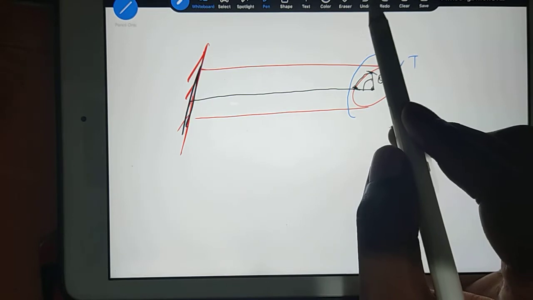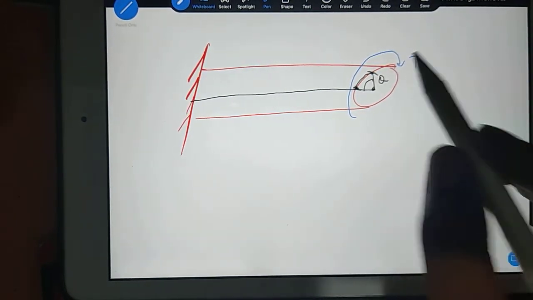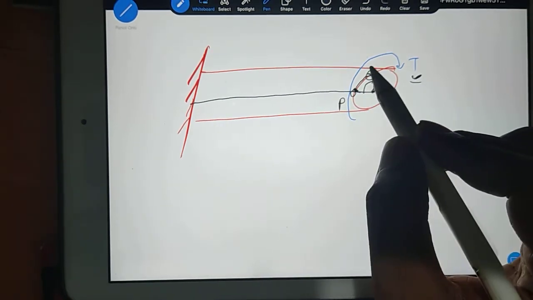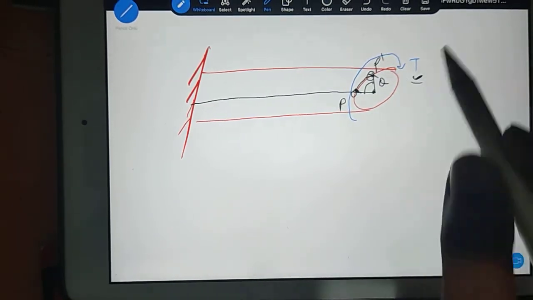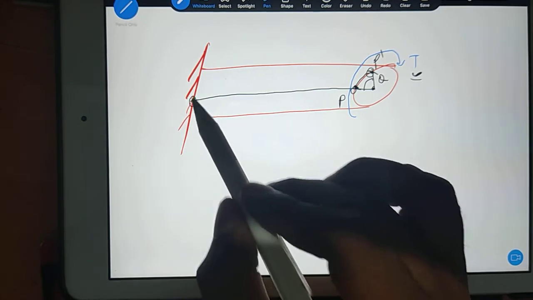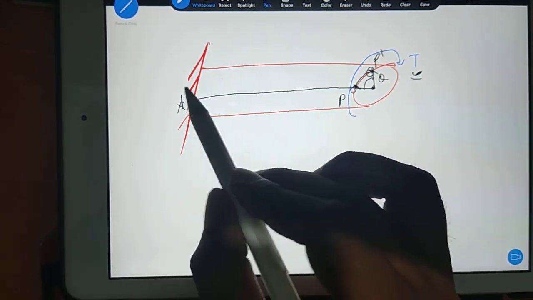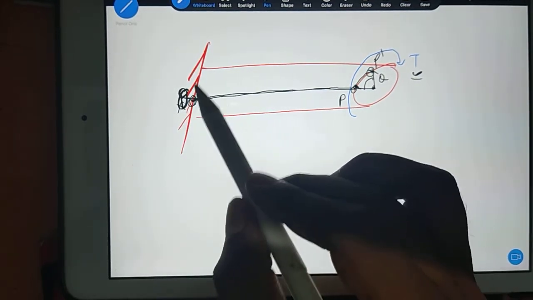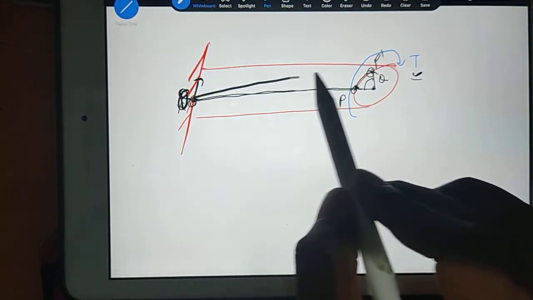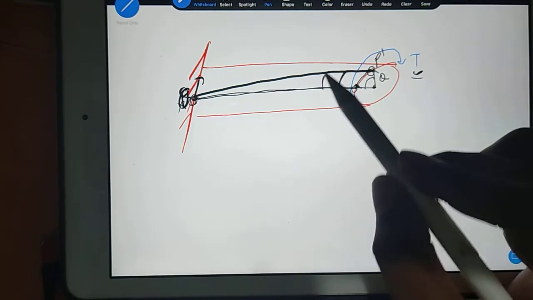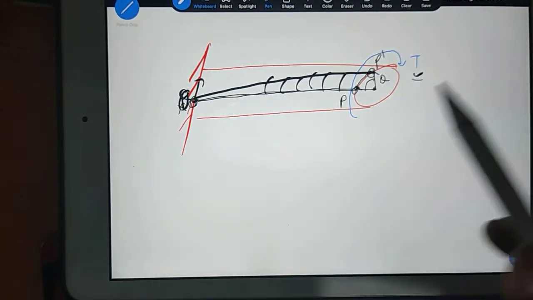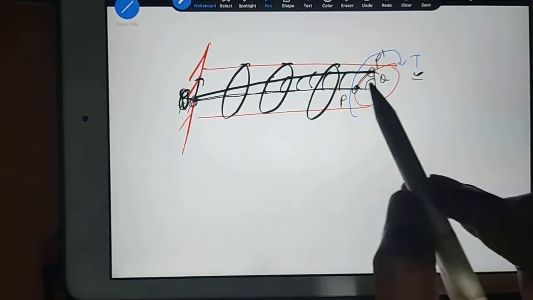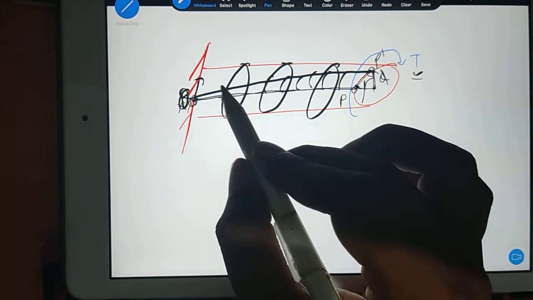Let me correct myself. What I am trying to say, earlier before the twist, this point was here. Suppose this point is P and now it has shifted here, so this point is P dash. This point will never shift. It means what? If this point is in front of P, suppose it is Q, this point will not shift here. It will be like this. So on the surface you have the same angle, but if you go disc-wise, like this front disc here, you can see this point is shifting only this much.